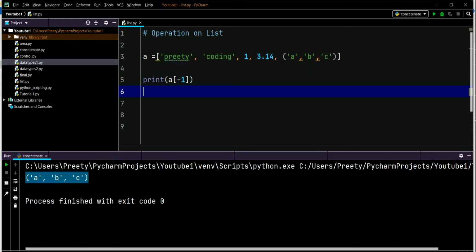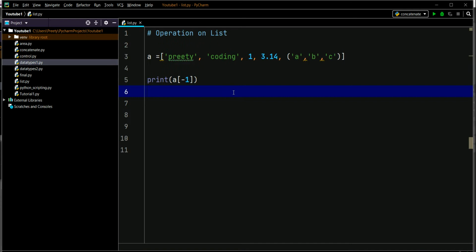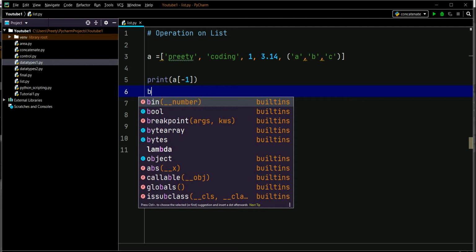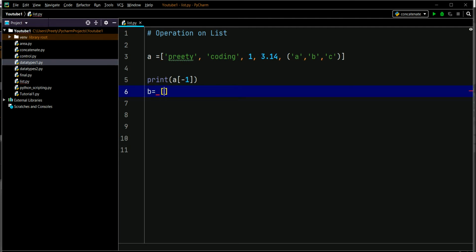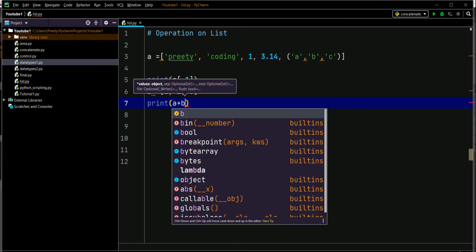Okay, let's say we want to concatenate two lists. We have already declared a list. Let's declare another list, say B. Let's say 1, 2, 3. And we want to concatenate it. For example, we want to print A plus B. Simply we'll add, like we add numbers.